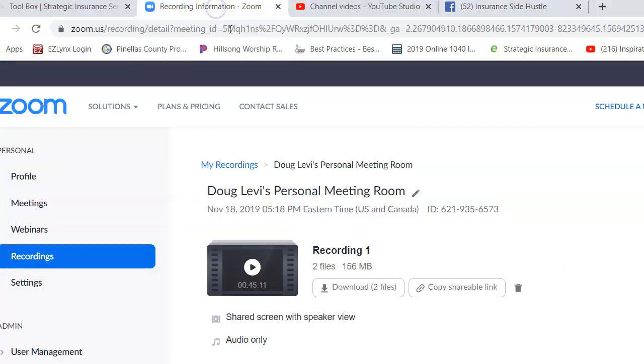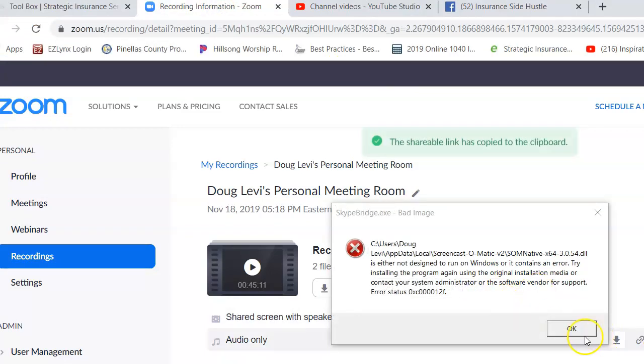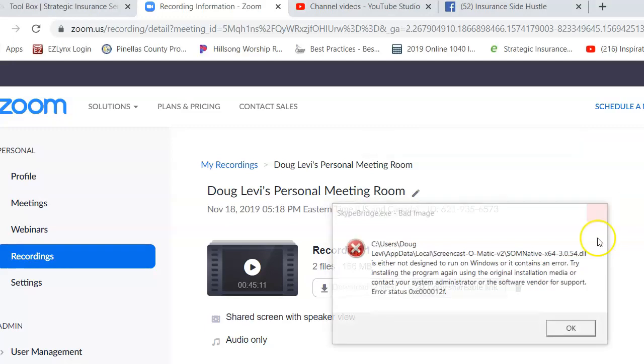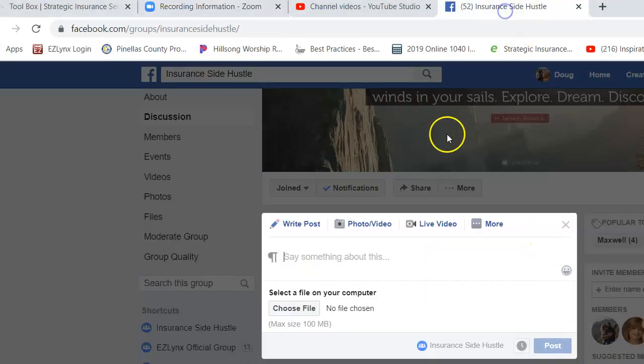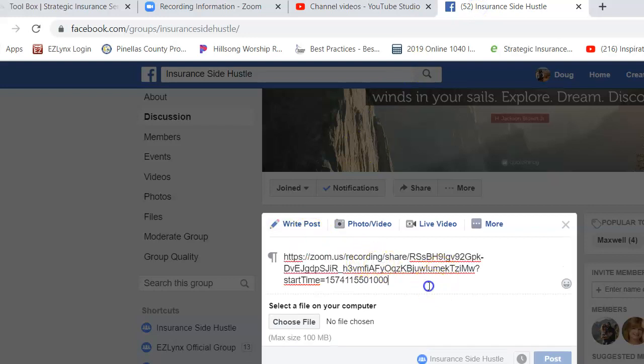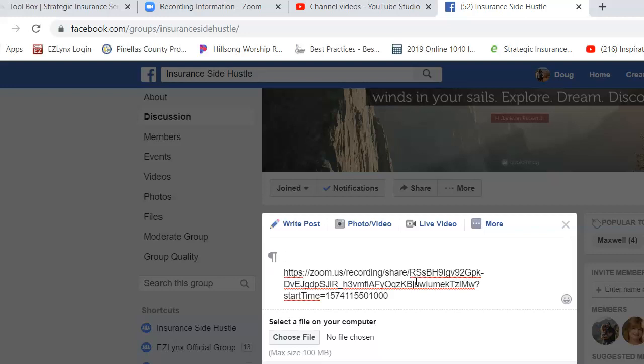Now here we're actually using the link. Okay, so it says copy shareable link. And again, screencasts may not like this. This is the little video recording thing we're doing right now. But I can just cut and paste this link right here. Or what I'd really like, probably best, is once it's from YouTube, because again, I'm trying to point people more to YouTube. We'd probably want that link to go in there, but either is fine for now, so I'll put that in there, and then I normally just space up and I'll just put new advisor training from